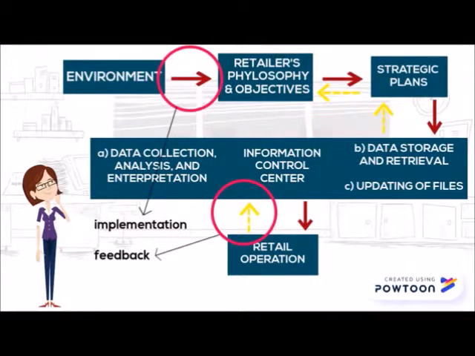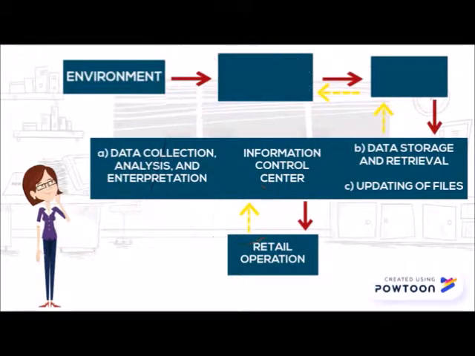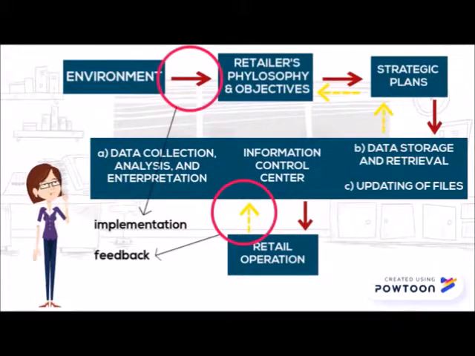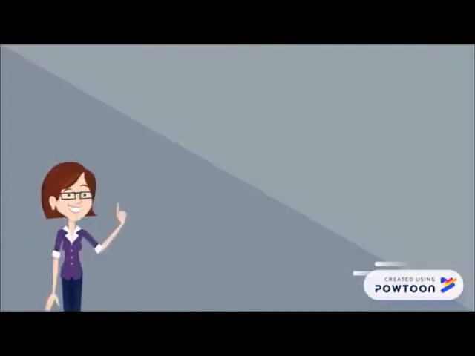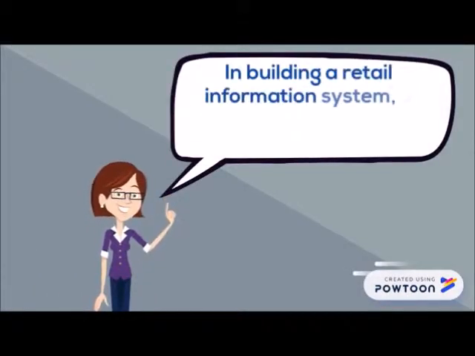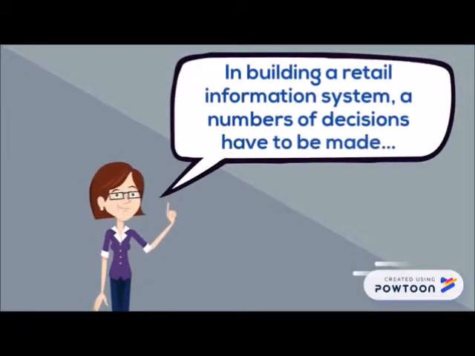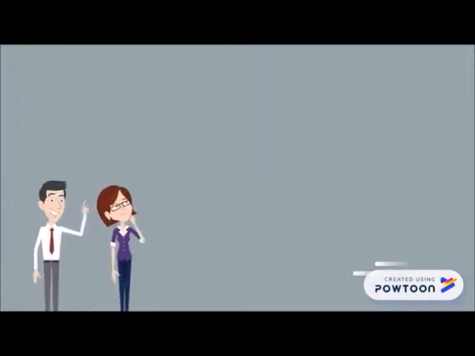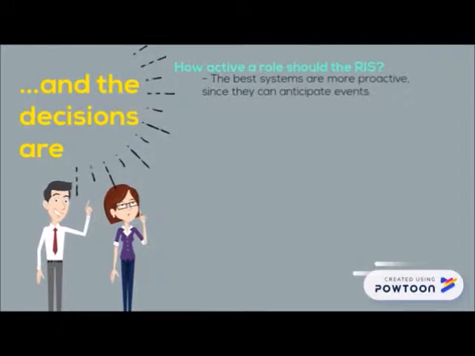Some aspects of plans are routine. Once the strategy is outlined, the data needed to enact it are collected, analyzed, and interpreted. All of this occurs in the Information Control Center. Based on data in the Control Center, decisions are enacted. In building a retail information system, a number of decisions have to be made. And the decisions are: